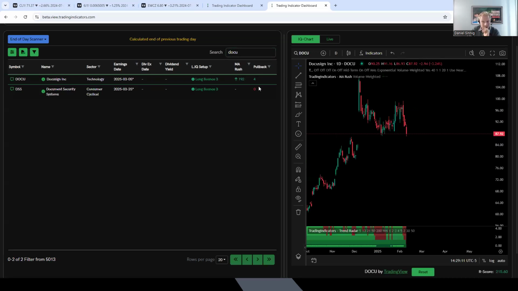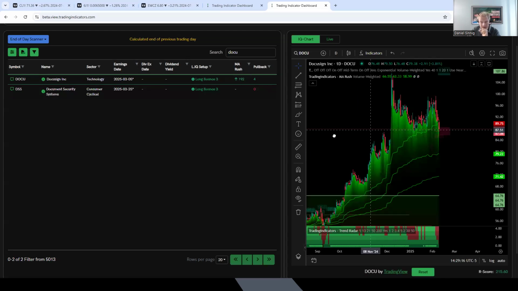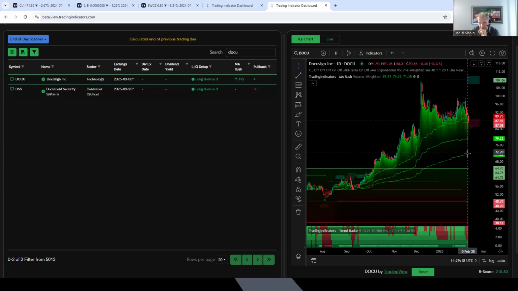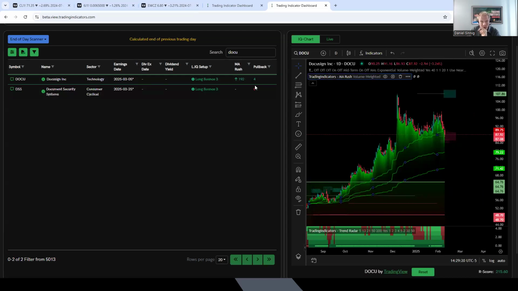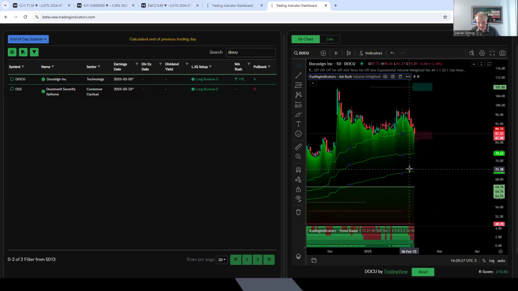All right. Interesting one. So here, bullish for 192 trading days. You can see it here. It is bullish. But we are having a level 4 pullback, and we are near support. Who found this one? I couldn't have found a better one myself. Look how beautiful that is. Very bullish. We pulled back 4 levels down here. It's a level